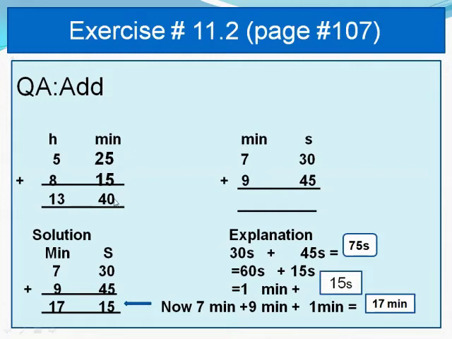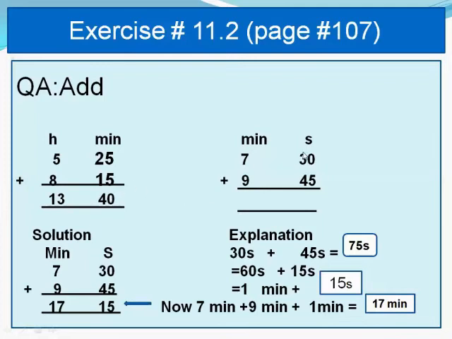5 plus 5 is equal to 10, 0, carry 1. Now carry 1 plus 2 is 3, and 1 is 4, meaning 40 minutes. It is easy to see here, it is less than 60, so it stays the same, there is no conversion of hour. Now add 5 hours plus 8 hours, which is equal to 13 hours. There is no conversion because it is less than 60. 13 hours and 40 minutes. It is quite easy to add this type of sum.